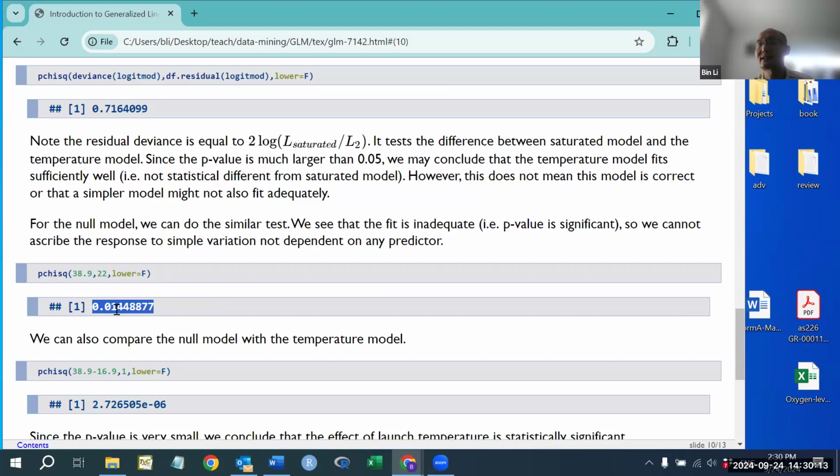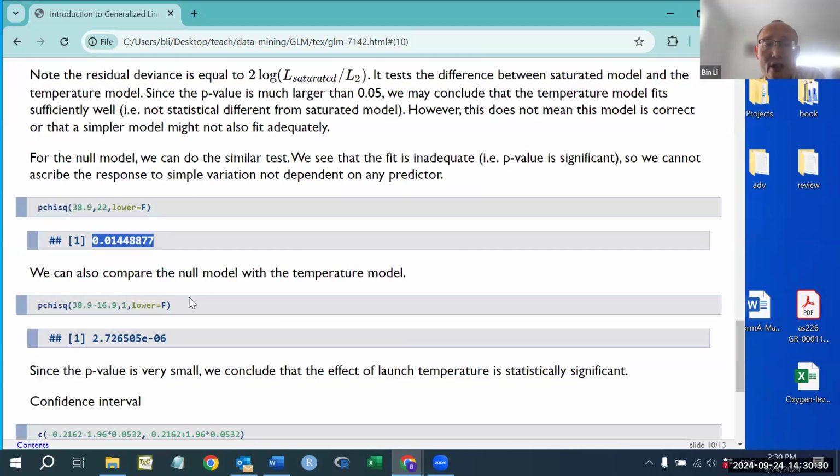0.14. So this is less than 0.05. That means there's a significant difference. Okay, so there's a significant difference between the intercept only model and the saturated model. Okay, and we can also compare with